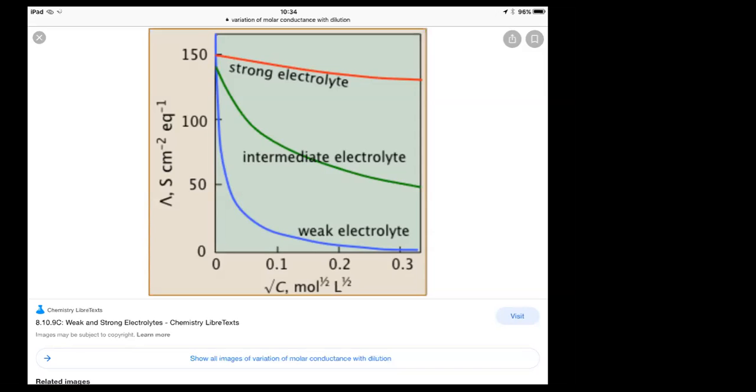Mind you, we are not specifying the amount of solution here. What we are interested in is that 1 gram equivalent of the electrolyte should be taken. And remember, the equivalent conductance will always increase upon dilution for 2 reasons. In the case of weak electrolytes, dissociation is enhanced, and in the case of strong electrolytes, the number of ions furnished will remain the same whether it is dilute or concentrated, but the mobility of the ions is increasing. Hence, the equivalent conductance for both strong and weak electrolytes will increase.